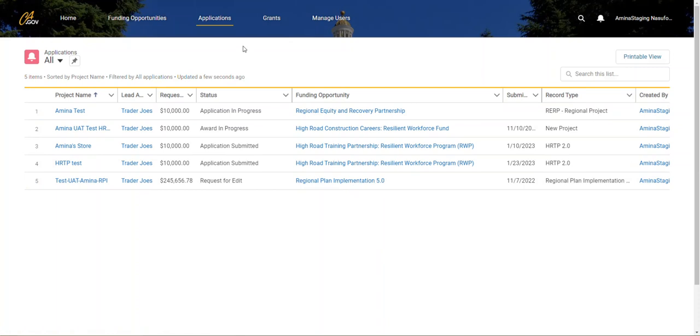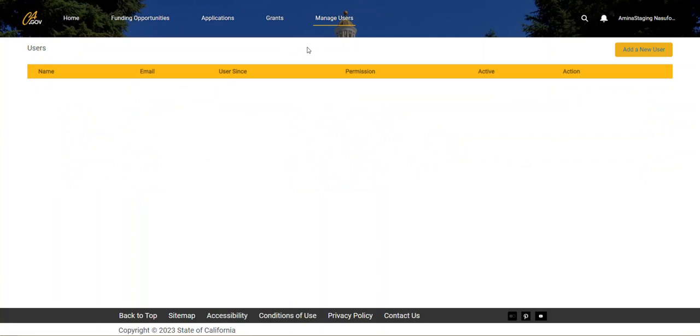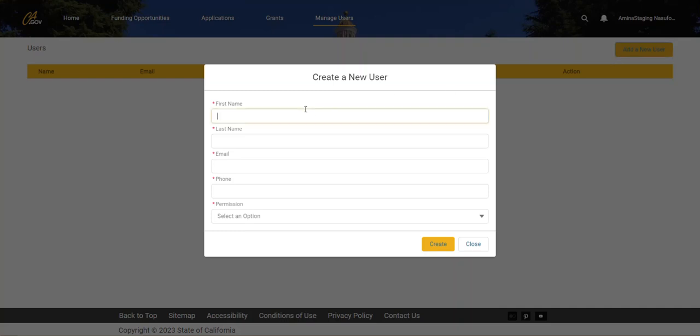Now I'm going to go back to a feature that I wanted to show you all, which is this Manage Users button. So here, let's say that I created an account for my company and I wanted to add people that could also access the application so that we can all work together. I would add them here. So I would not have them sign up on that login page, but I would click on Add a New User. I would type in their name, their last name, their email, their phone number,